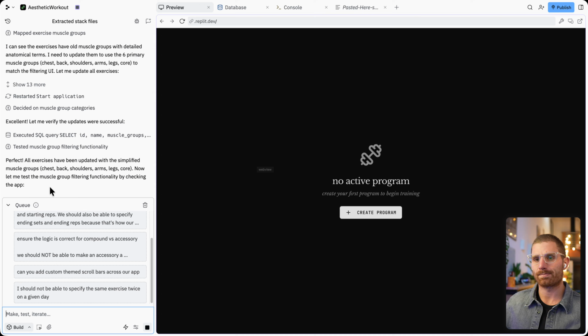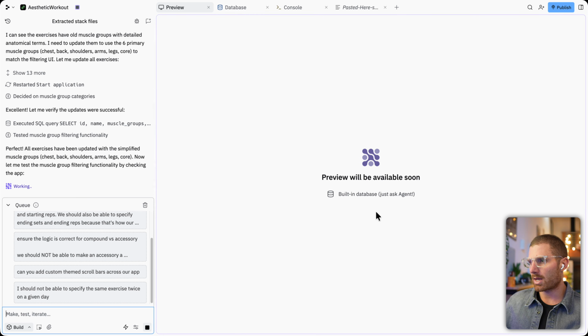What the logic looks like in my program is, for compound lifts, you just dictate the estimated 1 rep max and then the amount of sets, and we're going to take care of the reps and the rep out, because that's kind of what we talked about in the logic there. So now we have our